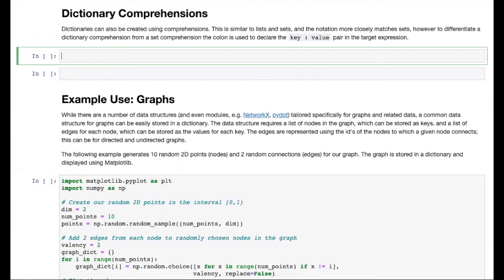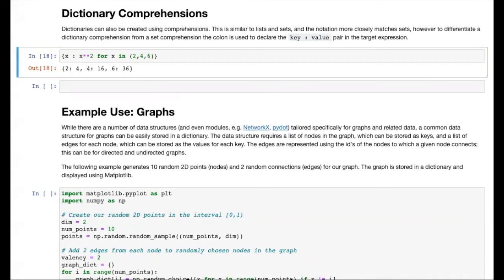However, to differentiate it from a set comprehension, we must use key value pairs separated by a colon in the target expression. So for example, if we wanted to create a dictionary that used integers as keys and their squared values as the values in the dictionary, we could write a comprehension as follows. Open our curly braces, write x, and then a colon, and then we'll write x squared. And then we'll say for x in, say, the tuple 2, 4, 6. And you see we get a dictionary containing the integers 2, 4, and 6 as keys with squared values 4,